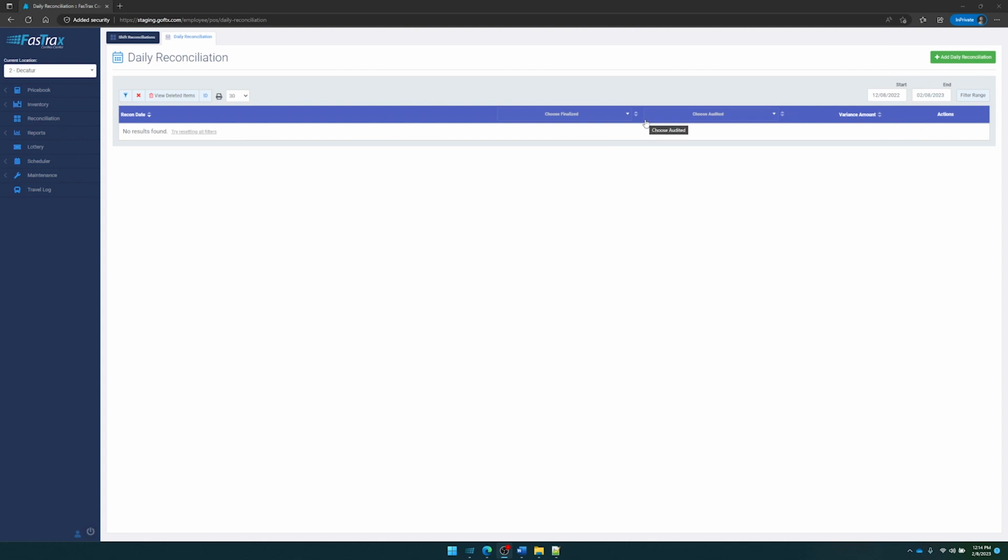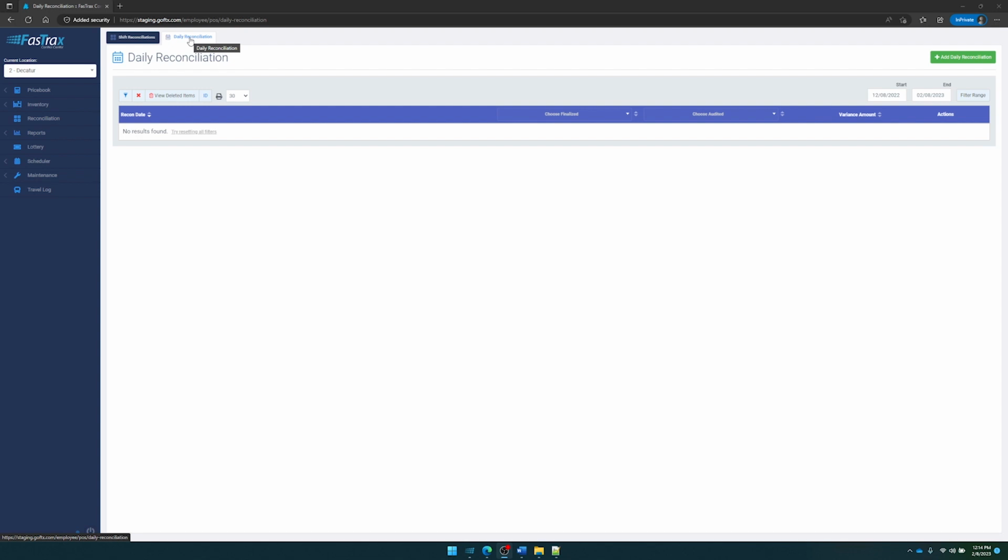New to the Control Center update on February 8, 2023 is the ability to do a daily reconciliation in the web browser. As a note, this exists for the employee login of Control Center and not a standard user. After logging into Control Center as an employee and choosing your location, choose the Reconciliation module followed by the Daily